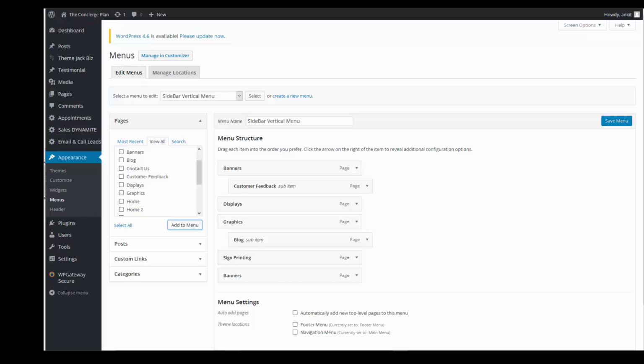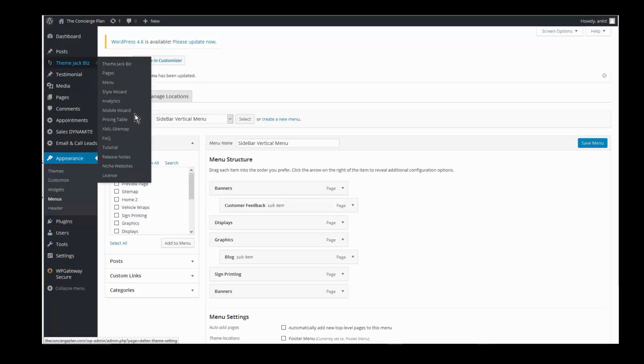Okay, so that's my sidebar vertical menu, and you can add as many links to here as you wish. So I'll save the menu and come up to ThemeJack Biz, across to ThemeJack Biz on the slide out,